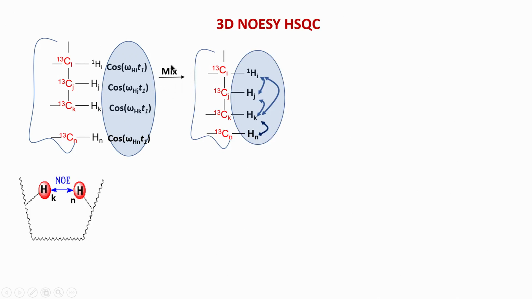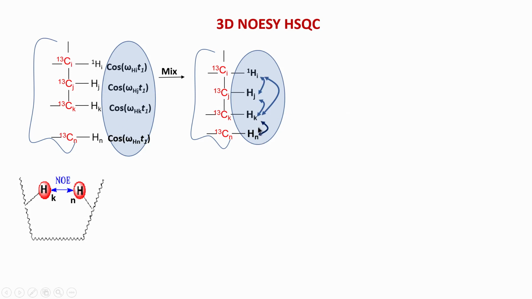When we do the NOESY mixing, the spins will transfer magnetization or polarization to each other, but they will transfer only to those which are close by. Here we saw that Hk and Hj are close, so they transfer to each other. But now let us say that this far away atom Hn is close only to Hk. Imagine that it is near only to Hk and somehow it is not coming close to Hj and Hi. In such a scenario it will transfer polarization only to K.